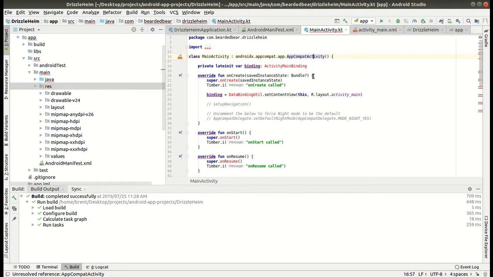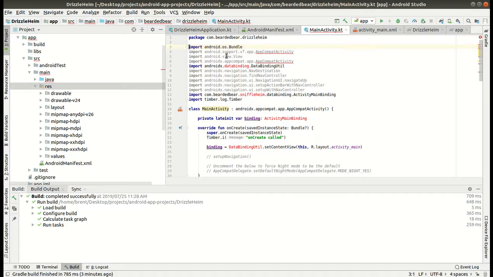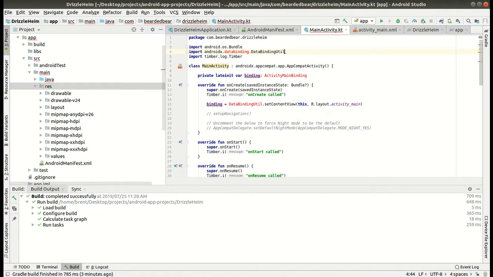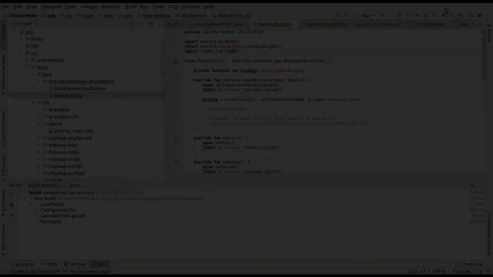Okay, so if you had imported the incorrect one, just go and change the import statement to use the AndroidX one. I've got a bit of a mess here in these imports at the moment, so I'm just going to optimize these. Just so you know, Control-Alt-O in Android Studio will optimize your imports for you, so it's a useful thing to know. Okay, this is just an old package from a different project, so I'm just going to take this out. Okay, so now we have some red errors around our data binding stuff. So for example, there's no activity main binding,